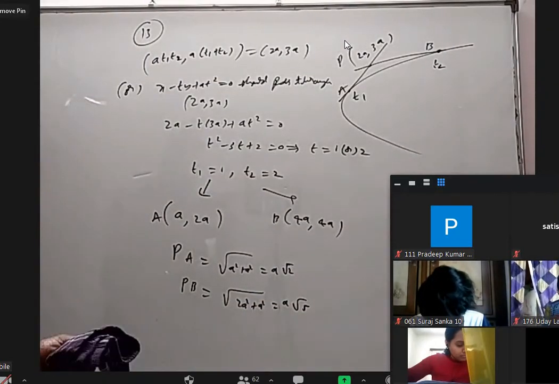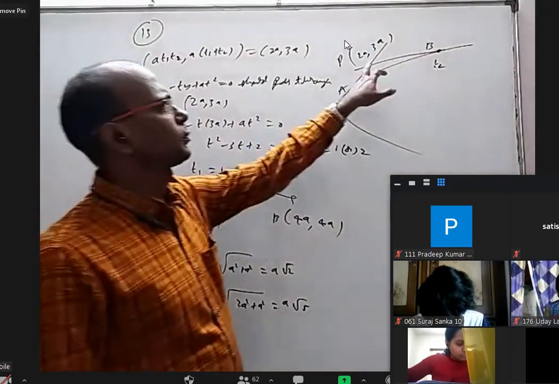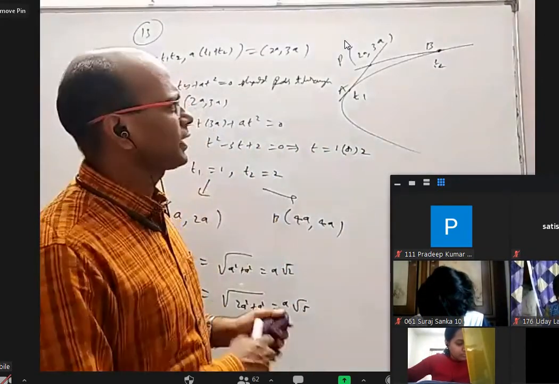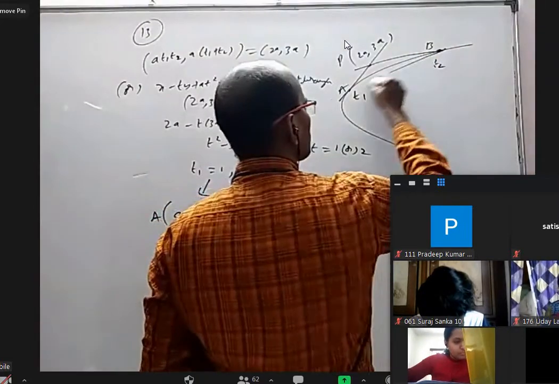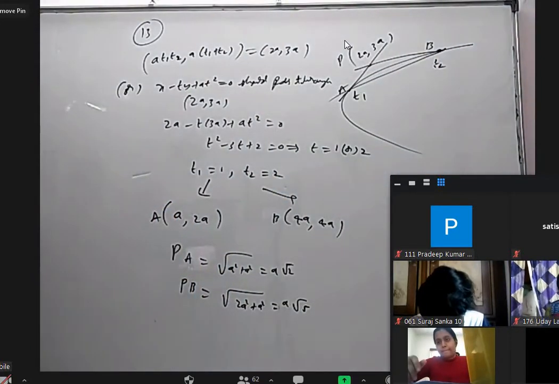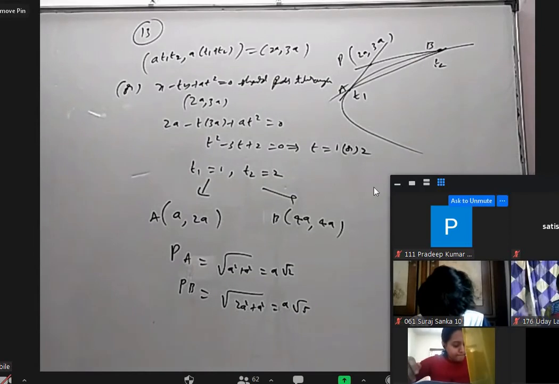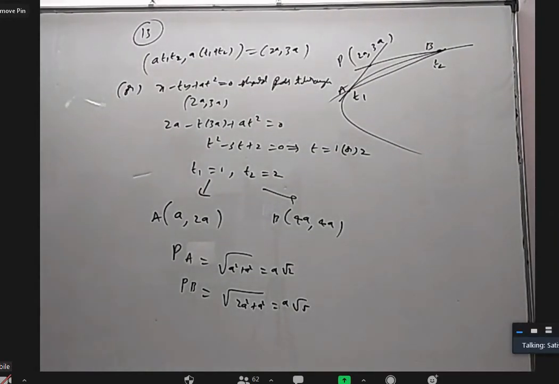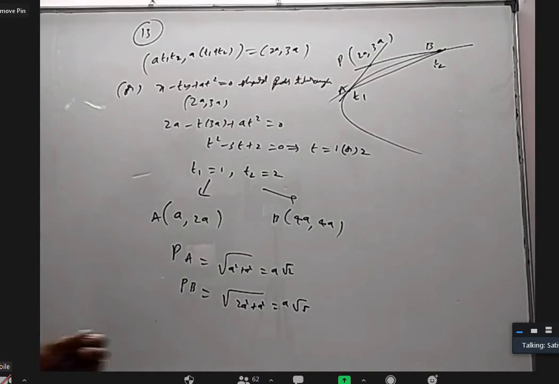Okay, there are two ways to do this. Basically, from an external point, you are drawing two tangents. How to find those points? Somebody can find the chord of contact, S1 equal to 0, right? And that line and parabola are solved. But we know something about parametric form, so I'm not doing it that way.